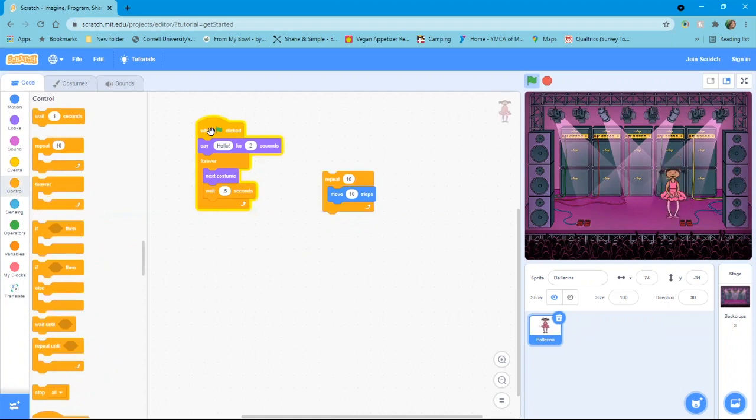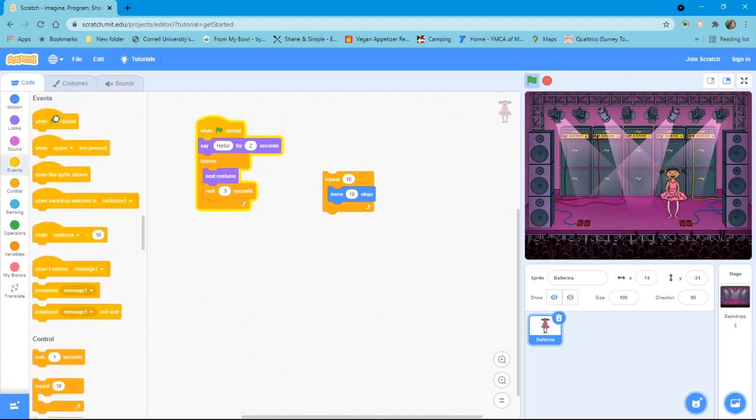When you write code, you write from top to bottom. So I'm going to use another event block and put another green flag so that when I click the green flag, and you can use the stop button, you can see that she dances very, very quickly, those 10 steps across, and then continues the dance. So we might want to slow that down,